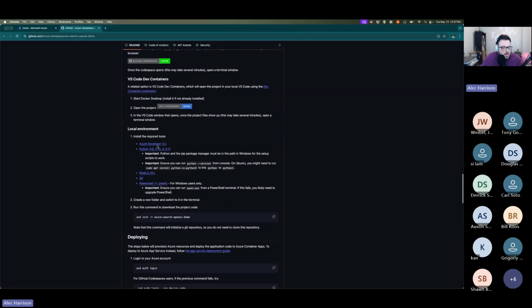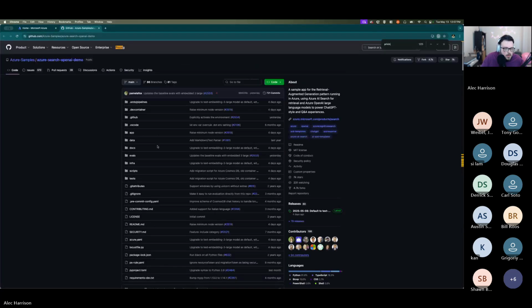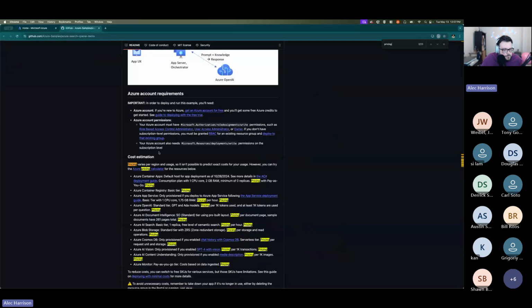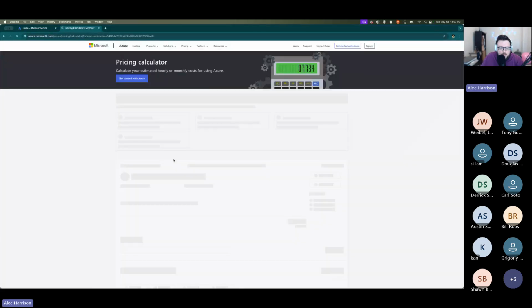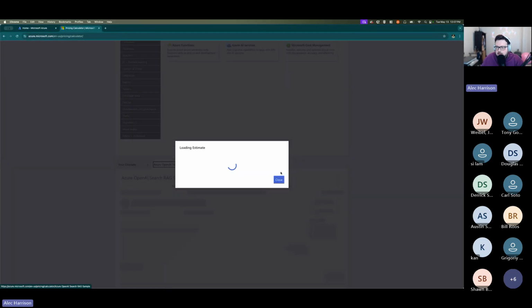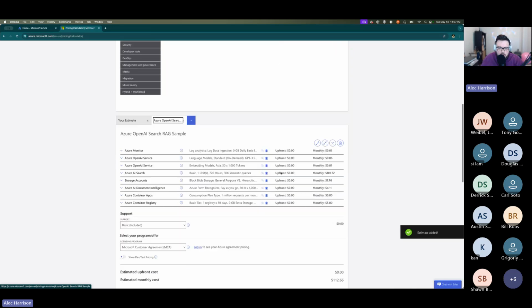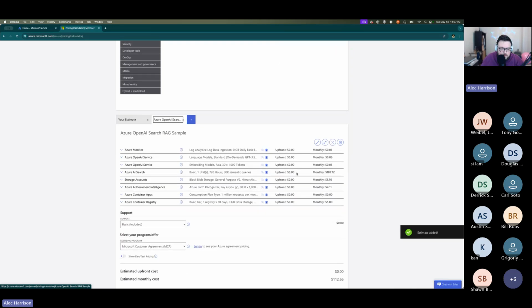Around here, there we go. So this project out of the box, they have on a lot of these the pre-built Azure pricing calculator. One thing you will notice is there is some guessing. So if you look here, we're guessing 30,000 semantic queries.